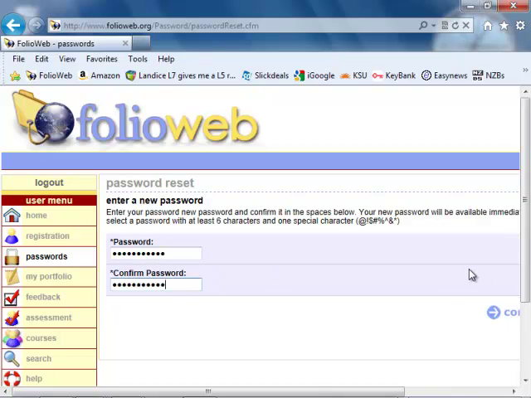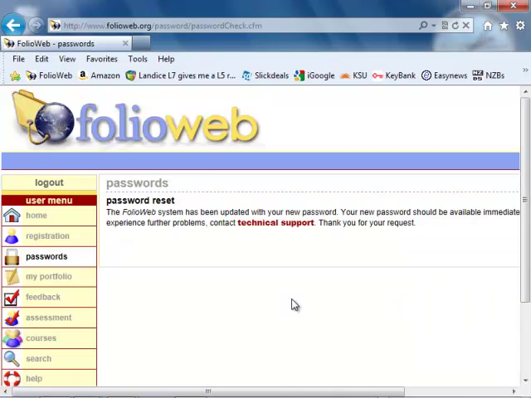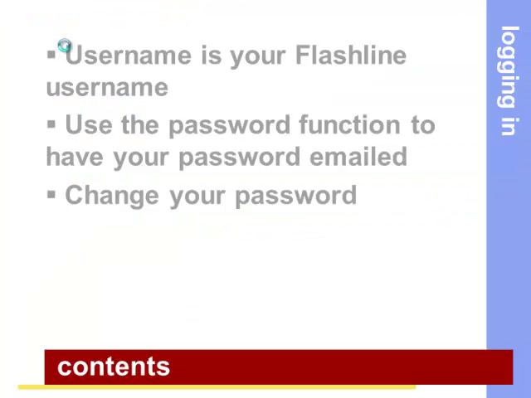And again, it's a good idea to change your password to something other than your Kent State Flashline password. And then it'll tell me that my password has been reset and I'm all set to go. So the password I just created will now be my FolioWeb password. And in a few moments, I'll get another email confirming that my password has been changed in the system. So we've seen how to log in and change our passwords,